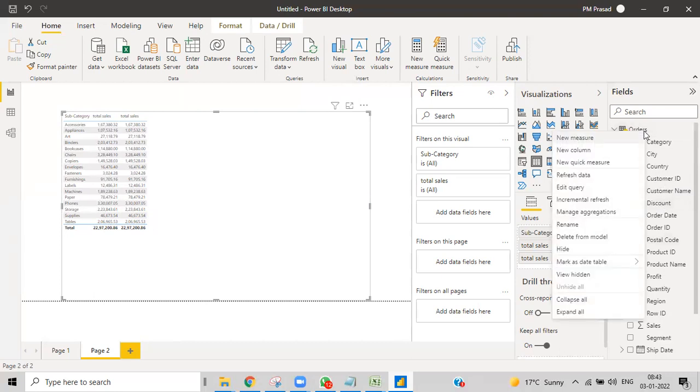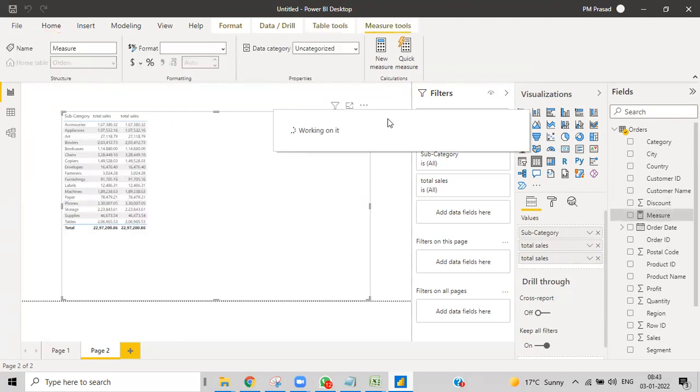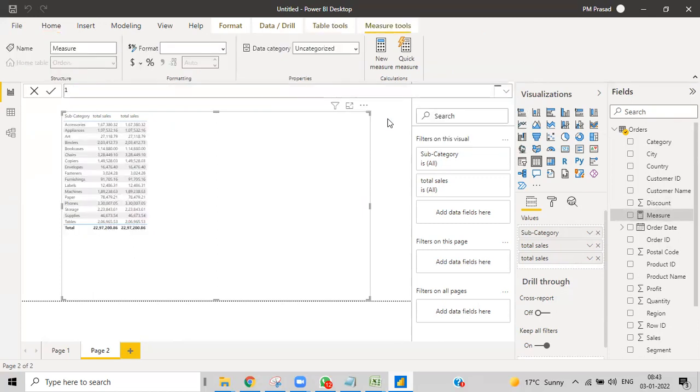So go for a measure right now, and then create it. I want to show it as All, so in that I'll use the CALCULATE function. Whenever you give CALCULATE, it asks for an expression and then filters. You can give as many filters as you want. The filter is optional over here, whether you want to give a filter or not is up to you. But I want to use a filter, so I'll use one over here.